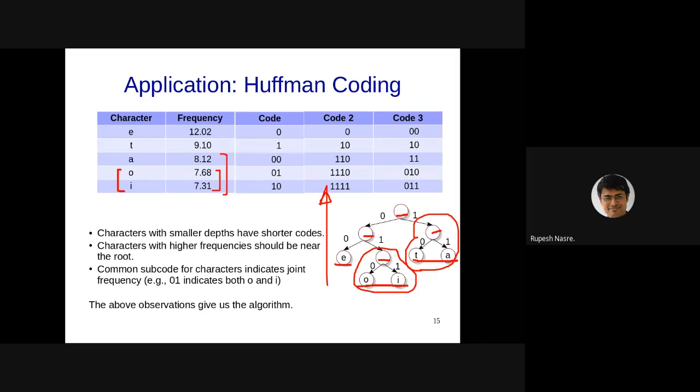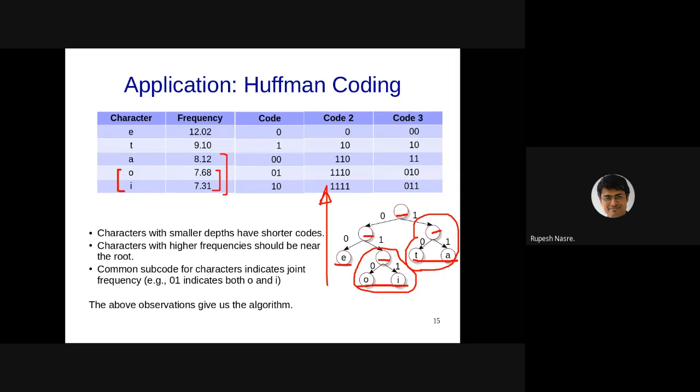How many times O or I is going to appear in the text, and that frequency is going to be, let's say, 14.99 or something like that, right? That 14.99 should be considered for the subtree OI. That 14.99 is larger than both T's frequency and A's frequency as well as E's frequency. So that is going to come up a little later.